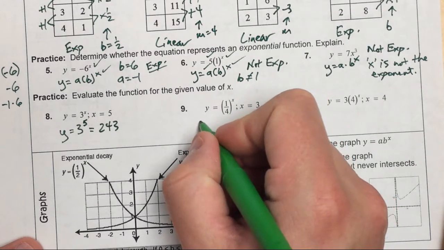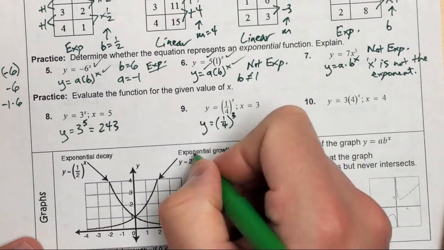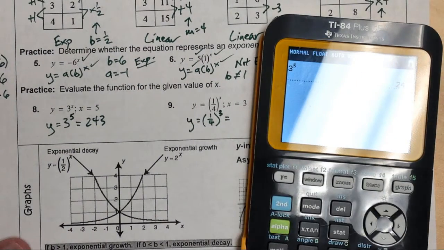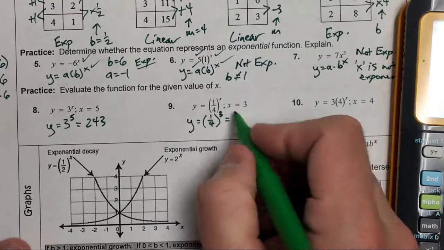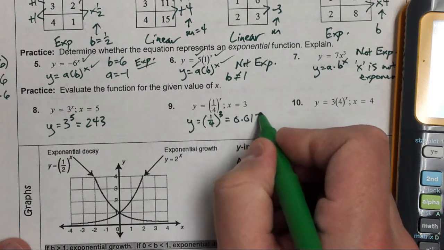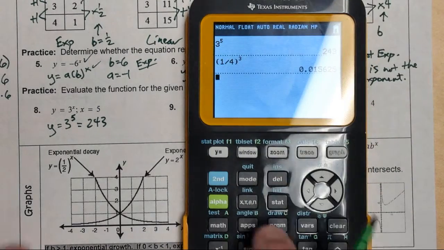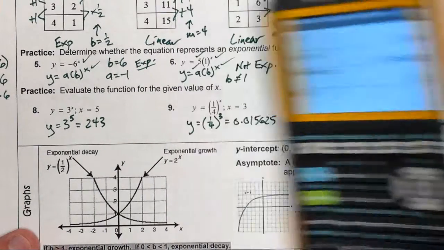If I look at the next one, y equals 1/4 to the power of 3. I can plug this in my calculator. Again, we're plugging in 3 for x, so I can do 1 divided by 4 raised to the power of 3, and I get a decimal of 0.015625. In my calculator, I can just hit math, enter, and it will also convert it to a fraction,